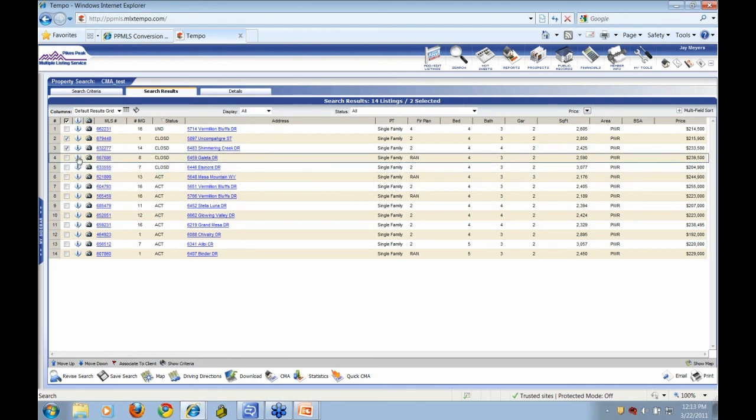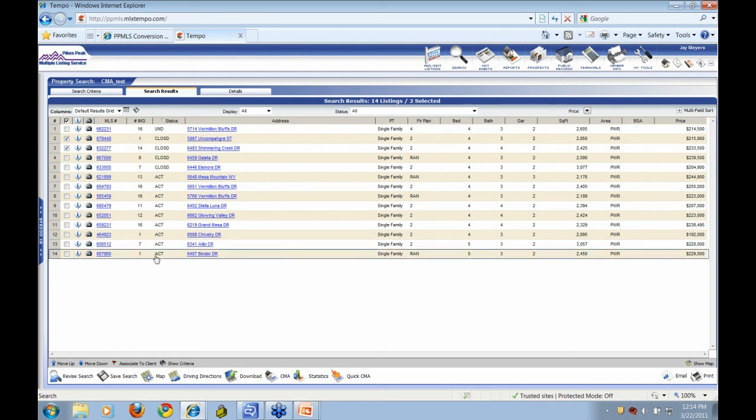And also note that you have your little eye bubble. When you hover over this eye bubble that you see to the left of the camera, there are different shortcuts there that let you get into more information. You can go directly to the property report from here. You can also click on the little clock that's got a back arrow. That'll take you to the property history. All of the pictures are here. The mapping is there. So you've got some additional information that you can get to by selecting that little bubble and choosing the appropriate bit of information that you want.